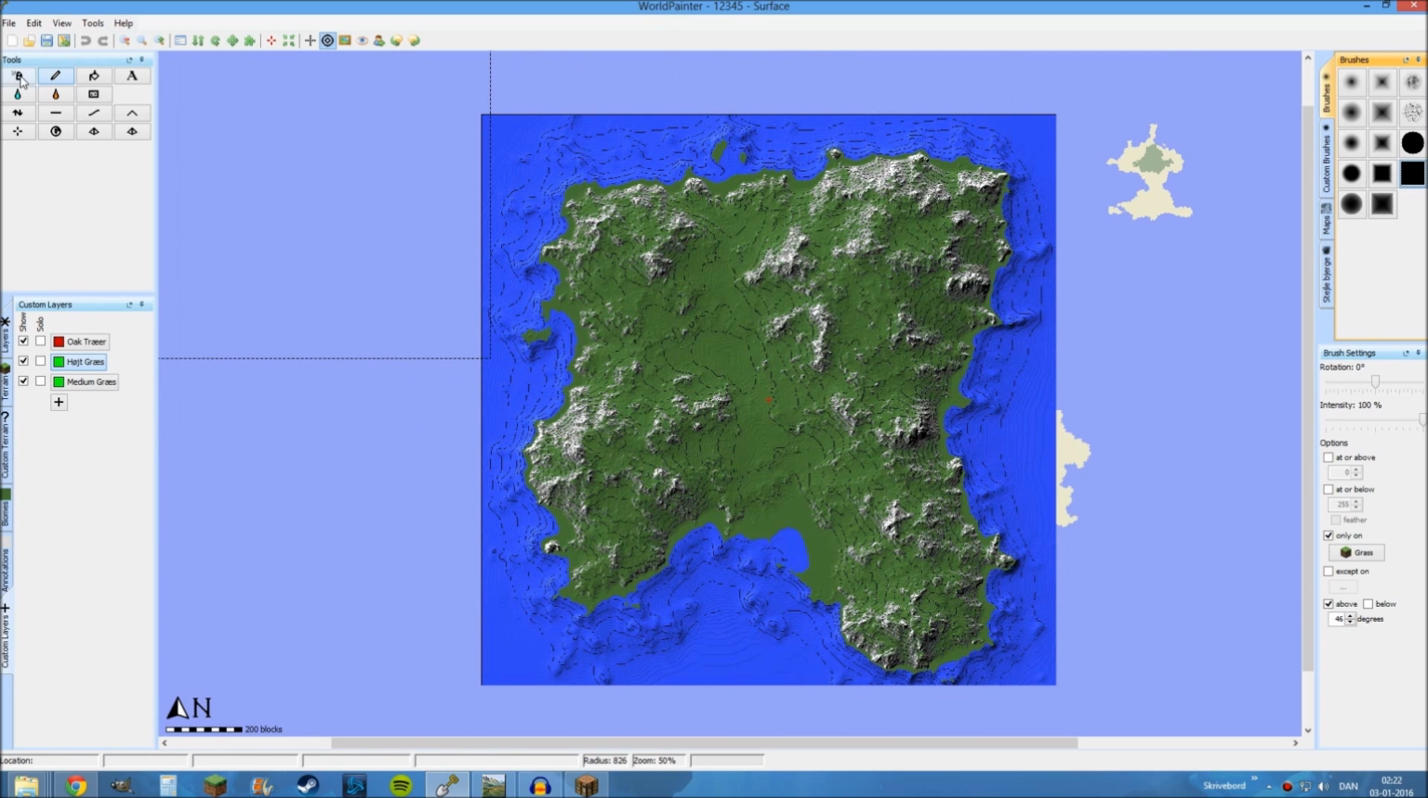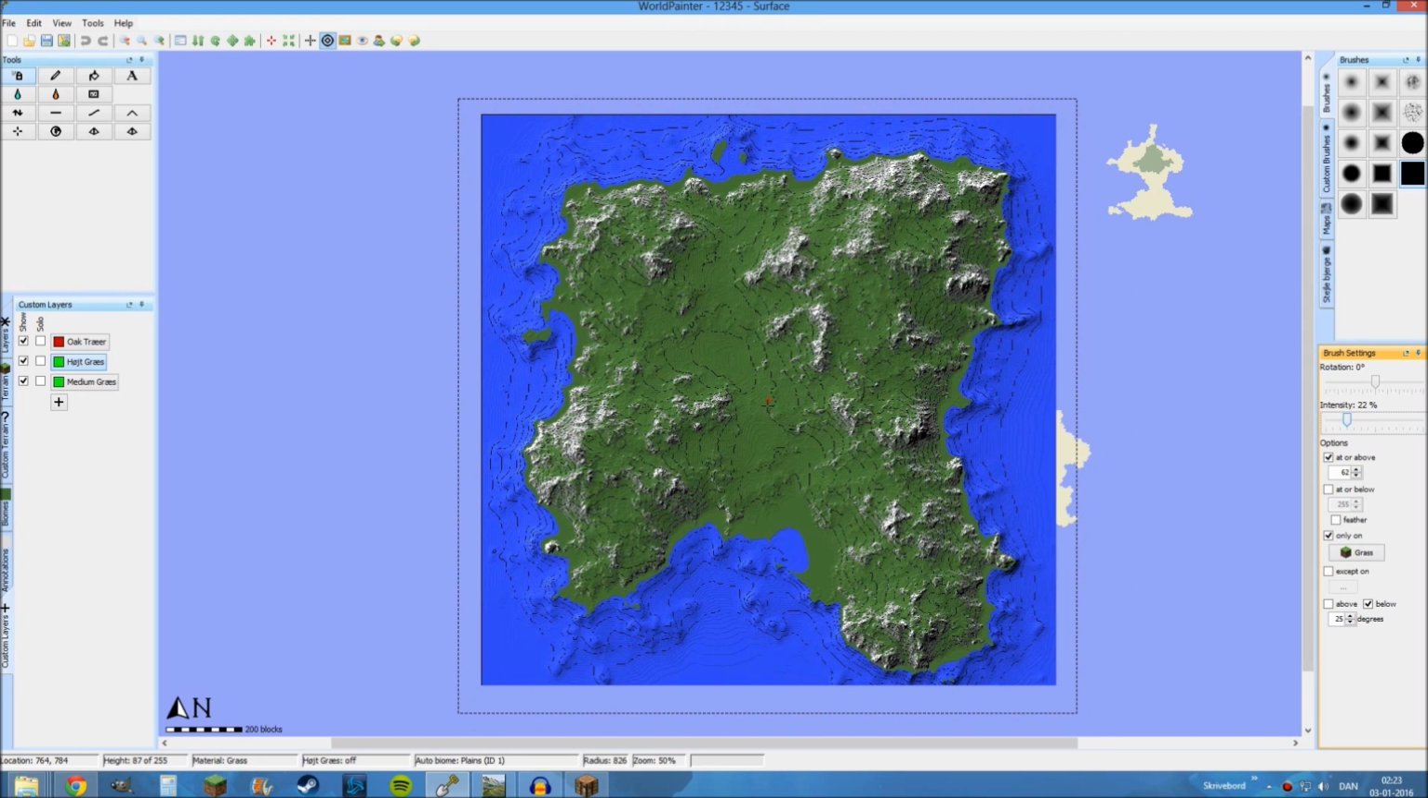So we're going to take this spray paint feature, and you're going to take the tall grass, and you're going to take it below 25. Now this is just what I do. You can experiment all day long with this, but this is what I do. I do below 25 degrees only on grass, and I use intensity on 15, and I also do above 62,